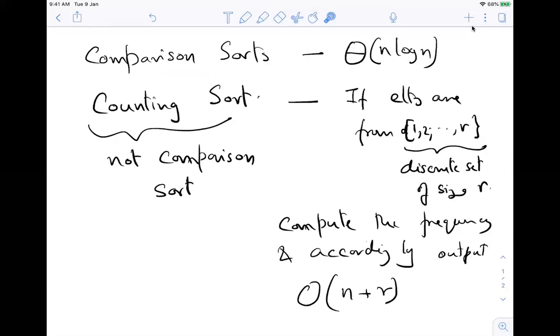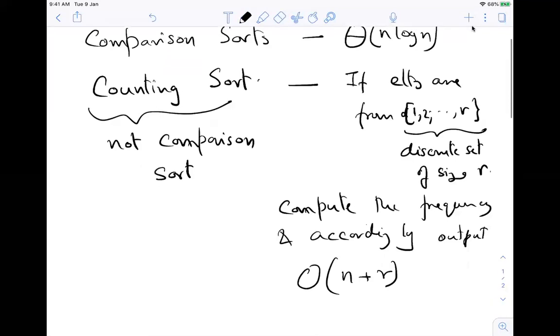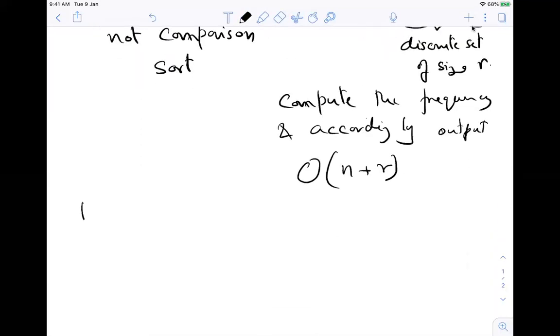Now there is another sorting technique. It's called bucket sort. Now, what is bucket sort? Bucket sort is actually kind of similar to comparison sort, but what you can do is the following.